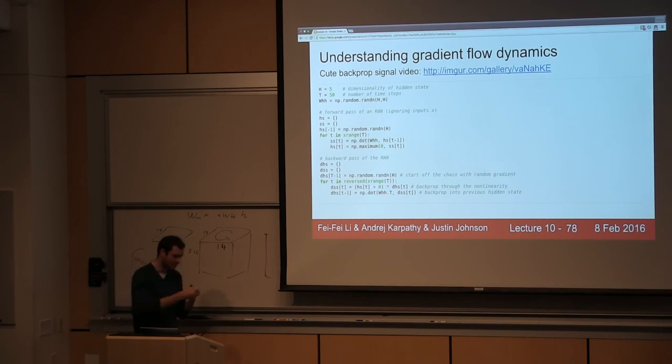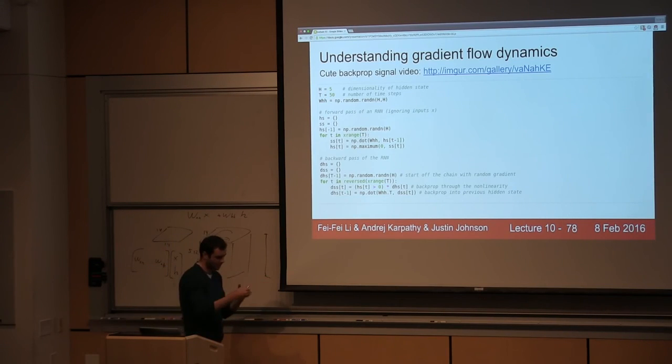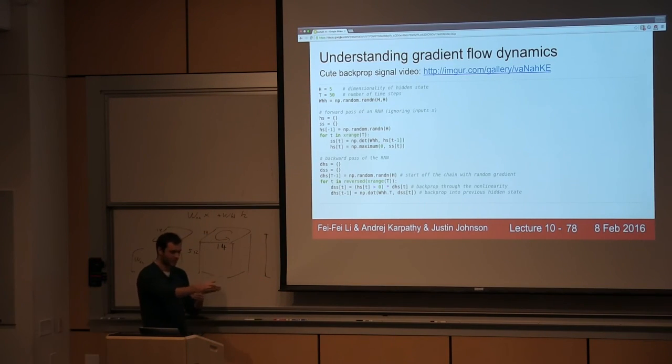Because in the forward pass, we multiply by WHH at every single iteration. When we backpropagate through all the hidden states, we end up backpropagating this formula, WHH times H. The backprop turns out to be that you take your gradient signal and multiply it by the WHH matrix. The gradient gets multiplied by WHH, then thresholded, then multiplied by WHH, thresholded. And so we end up multiplying by this matrix WHH 50 times. And so the issue with this is that the gradient signal